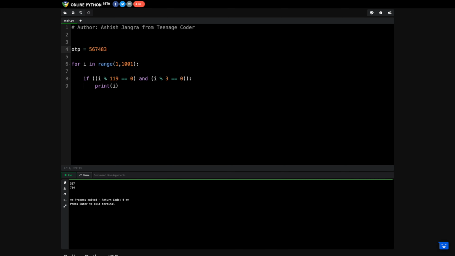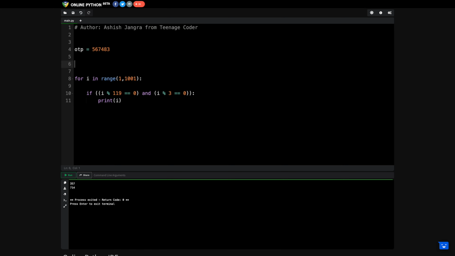So what you can do to crack this OTP, now we know the length of the OTP is 6 digits. So the minimum value the OTP can have is 000000, right? We cannot have values below that. The minimum value that we can have is this, and this is the maximum value that the OTP can have.